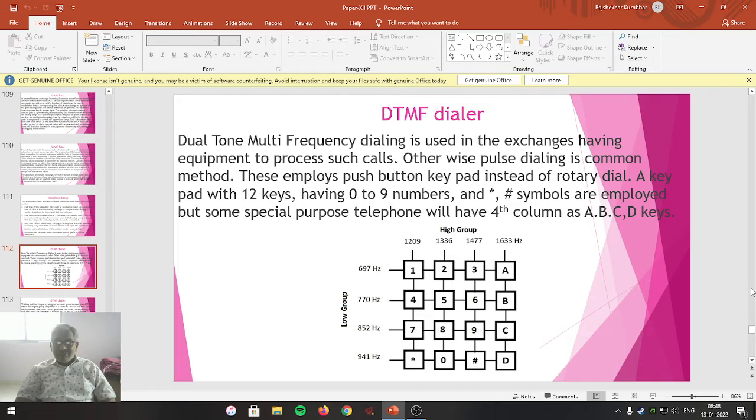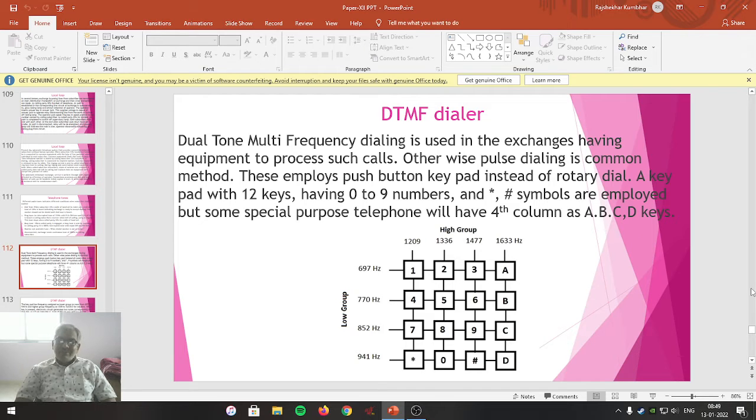All these numbers are connected inside to an electromechanical circuit making and breaking system that breaks the circuit when a number is being dialed, and after the number is dialed it connects the circuit.